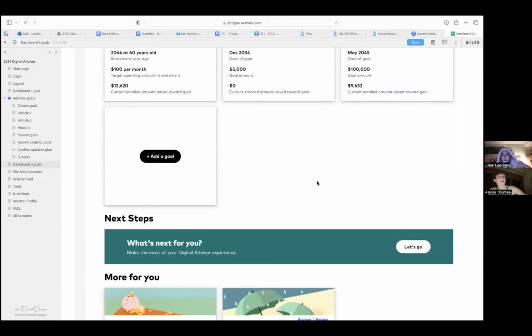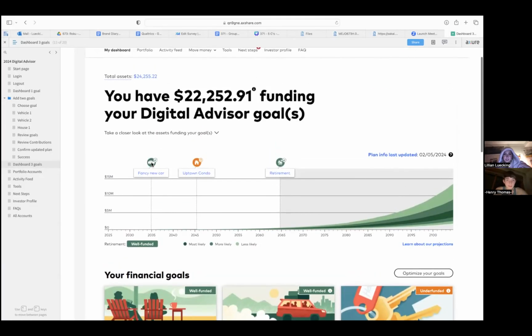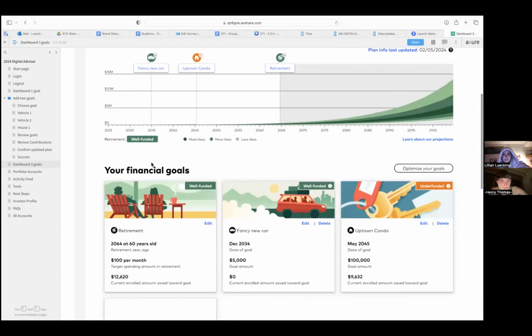Okay. So next, in terms of financial goals, at what age do you wish to retire? I guess based on right now, at 60. Okay, perfect. And how much money do you expect to need at that point? At 2064, yes. $12,620. Okay, awesome. Next, if you could navigate to the investor profile,